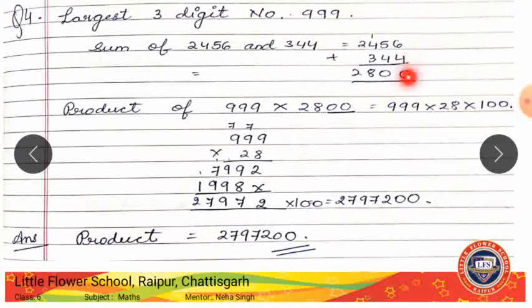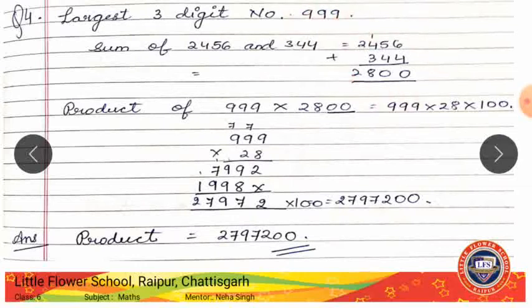6 and 4 is 10, 0, 1 carried. 5 and 1 is 6, 6 and 4 again 10, 0, 1 carried. 4, 3, 7 and 1 is 8, and this is 2, right? 2800. Now we need to find the product of